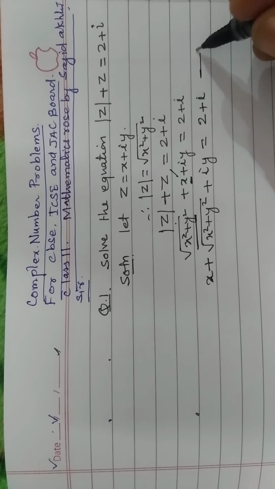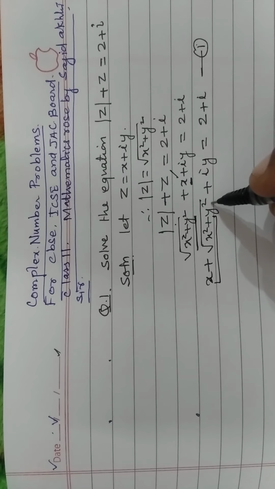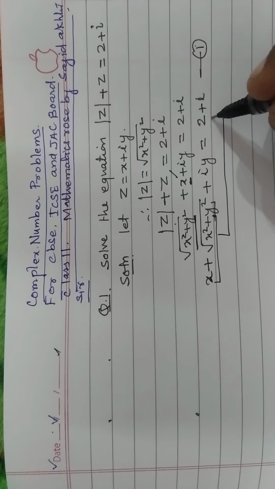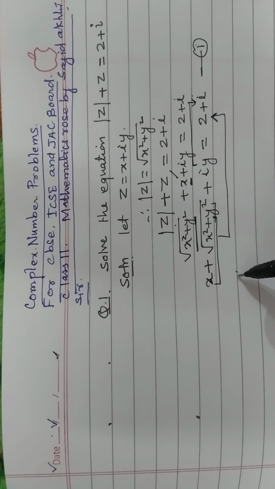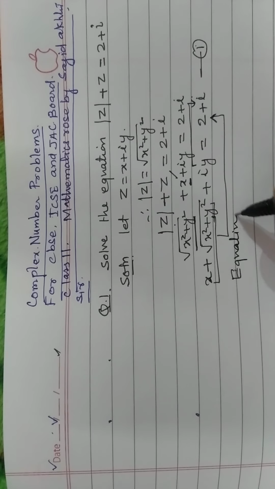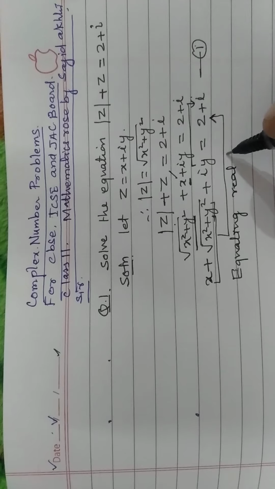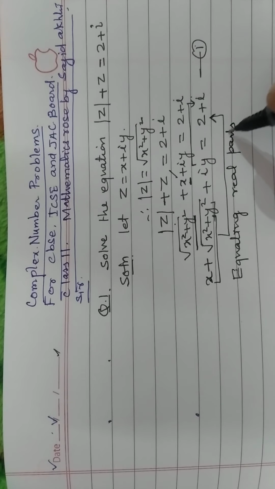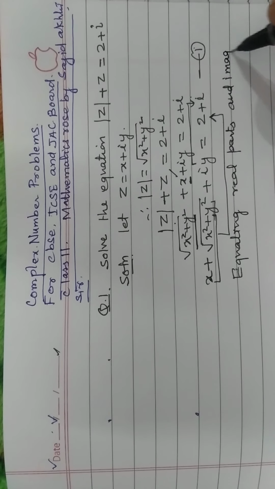Two complex numbers will be equal when the real part is equal to the real part and the imaginary part is equal to the imaginary part. So equating real part and imaginary part